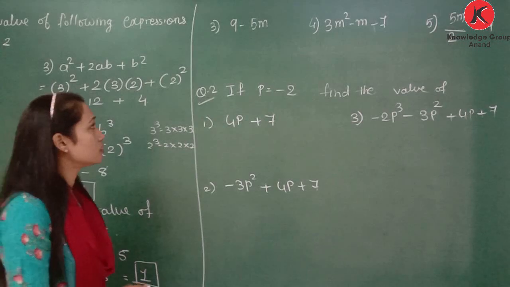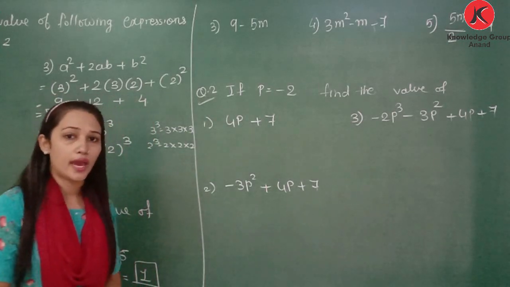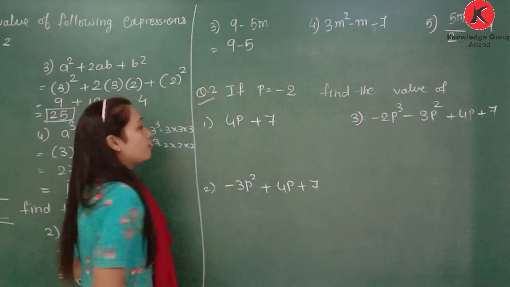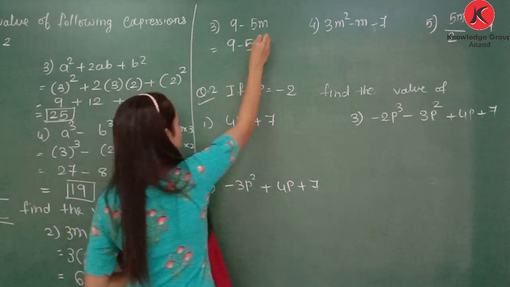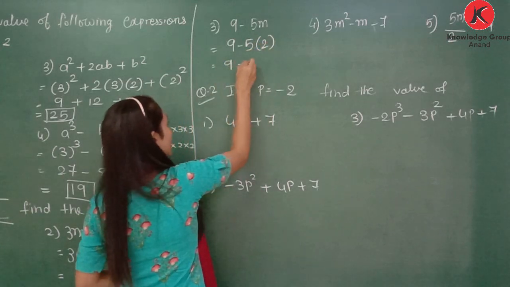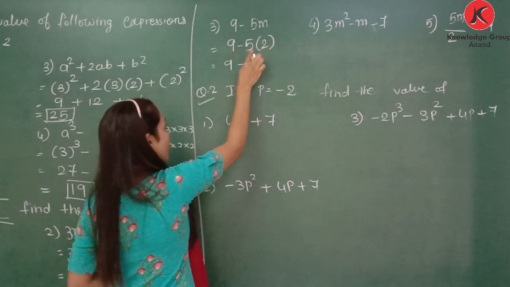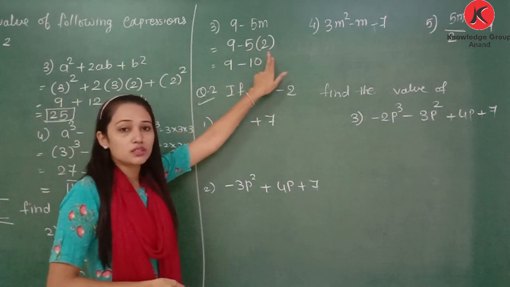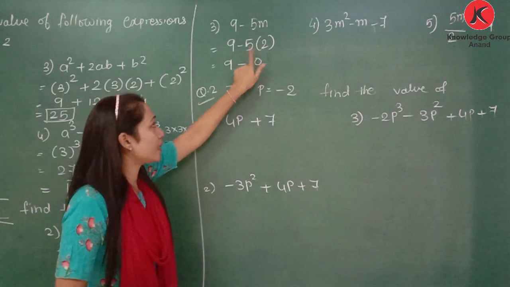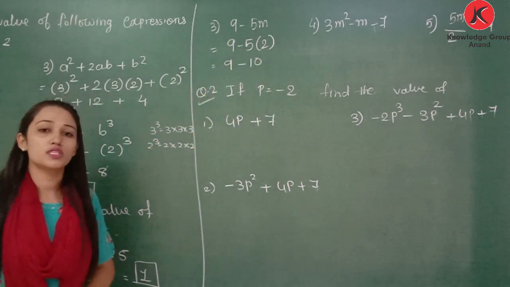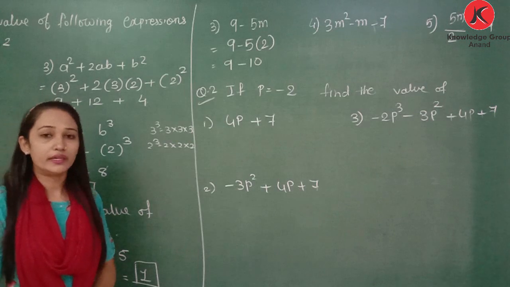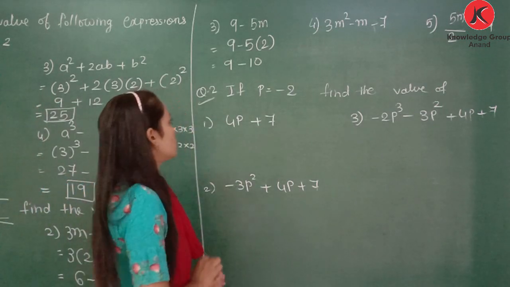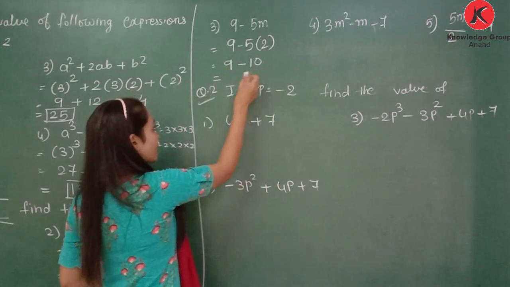Now next here, third example, in which again we need to take m is equal to 2. So 9 minus 5m. Value of m is what? 2. So we write 2 here. 9 minus 5 2s are 10. Not perform 9 minus 5 first, because you can see that a multiplication operation is there in the expression. So first perform the multiplication and then perform the subtraction. Again you need to apply the DMAS property: division, multiplication, addition and subtraction. So here 9 minus 10 is minus 1.